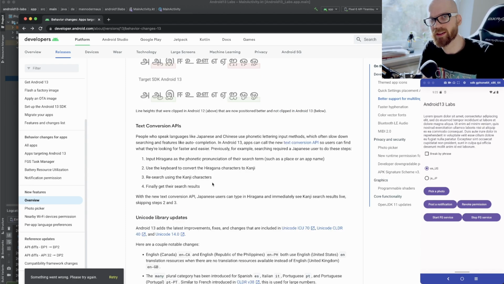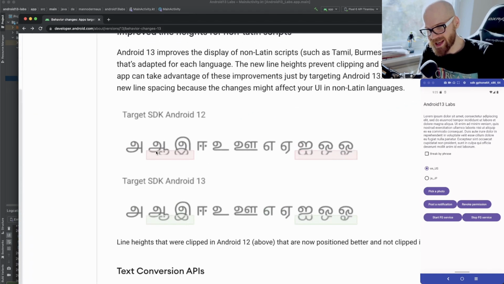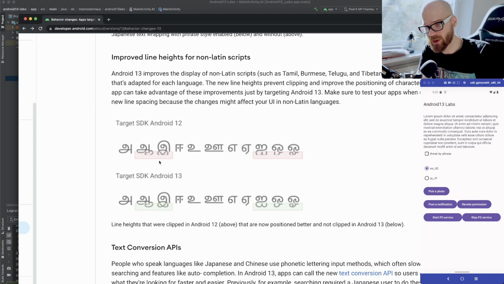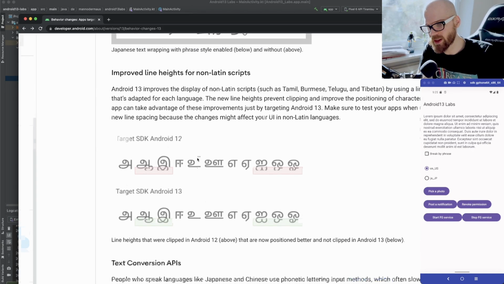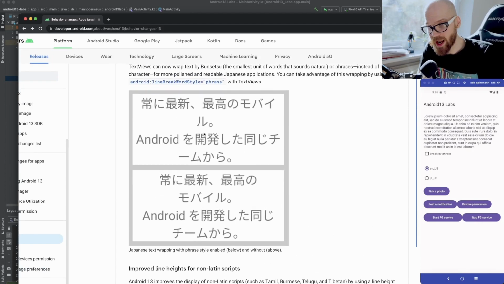Maybe I can revisit this in the later developer preview if there's more documentation, because frankly, right now, I don't understand it. There's better line heights here, so text in non-Latin script doesn't clip anymore at the bottom here. That's kind of nice. But then the last thing that I actually want to